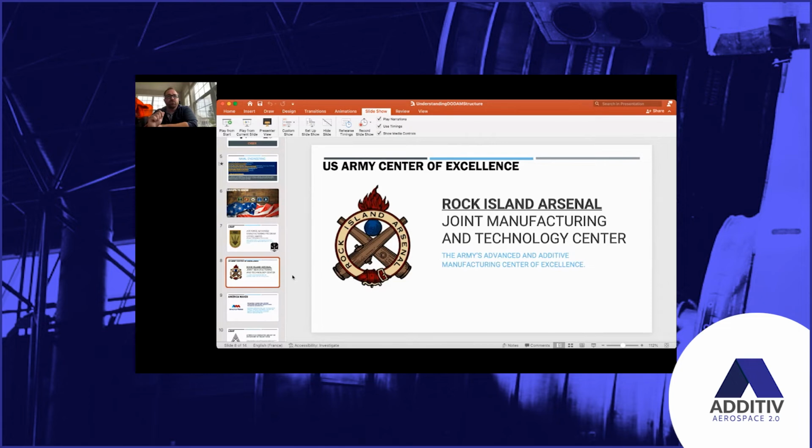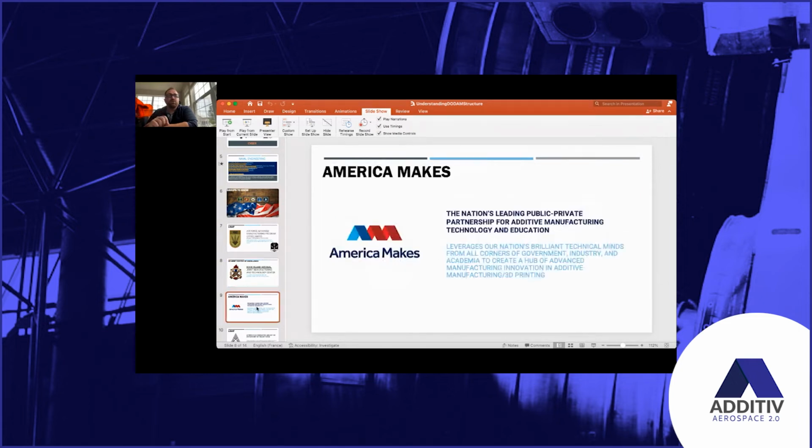Next slide. So those are two formal groups that are stood up within the departments as additive manufacturing, where they can do it across the organization. Now, America Makes, taking a step higher, is a wonderful group. I sure hope all of you have heard of them before. But they are this public-private partnership for additive manufacturing, tech, and education that all the services can work in. So this can work with private industry. This can work with